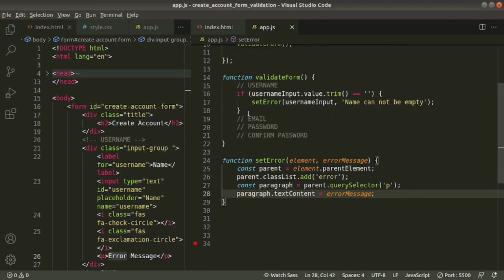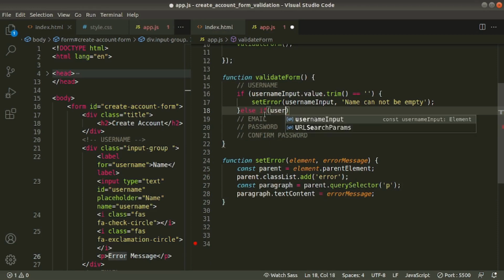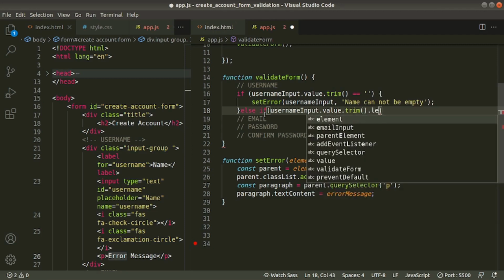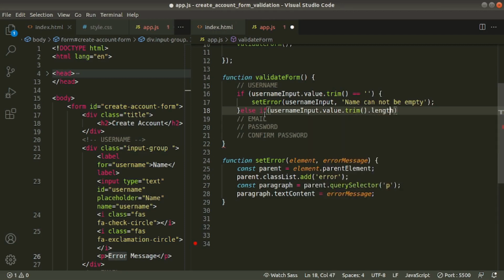Here, after the first check, we'll check here. Else if username input field dot value dot trim and dot length, this is the property, this will return length, and if it is less than 5 characters, that is invalid input.